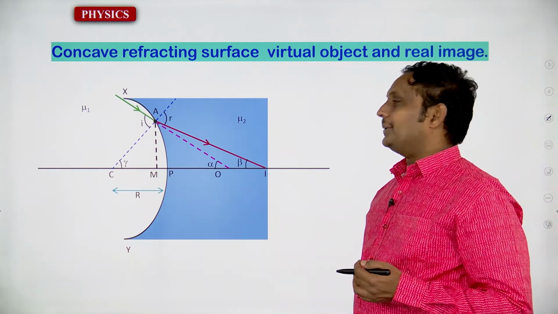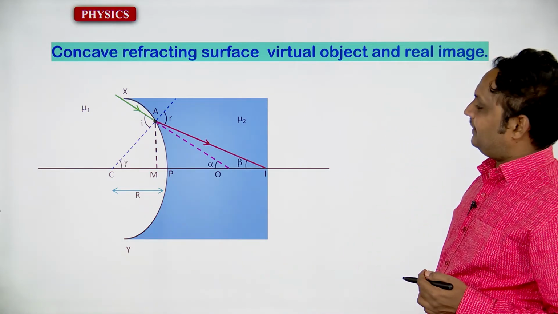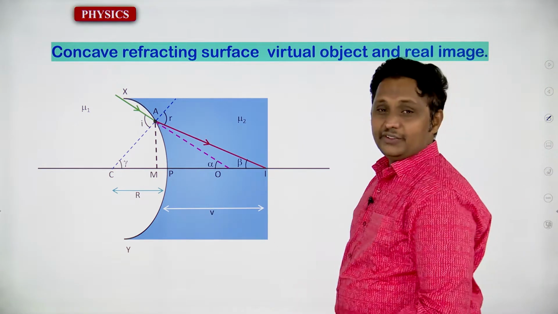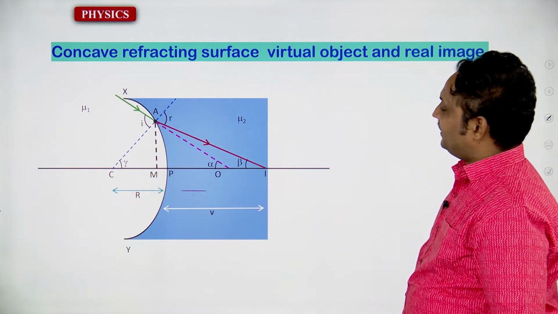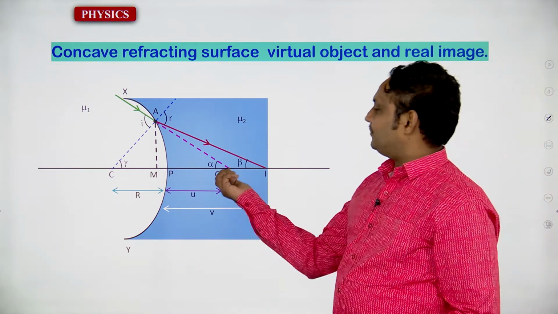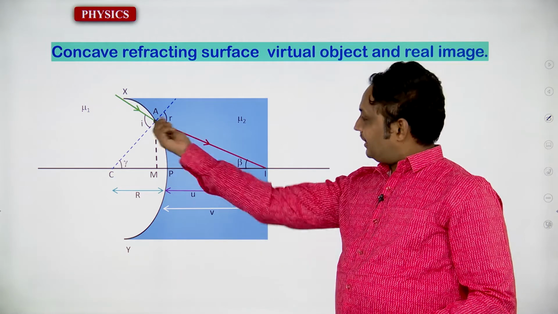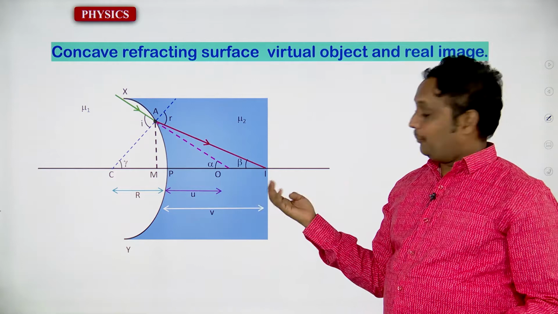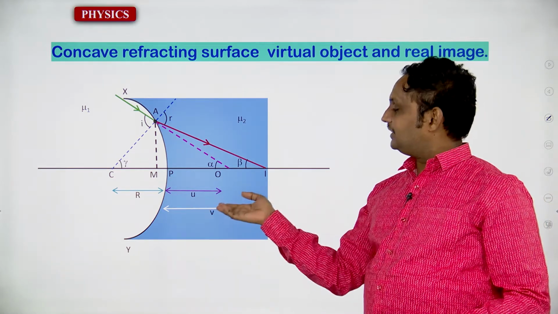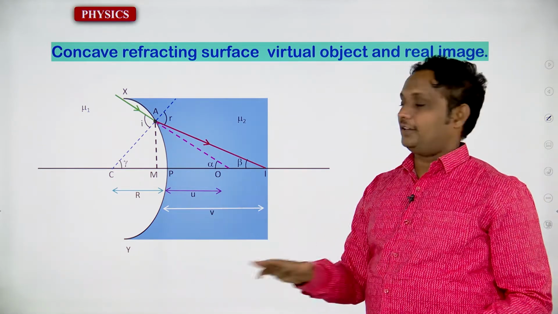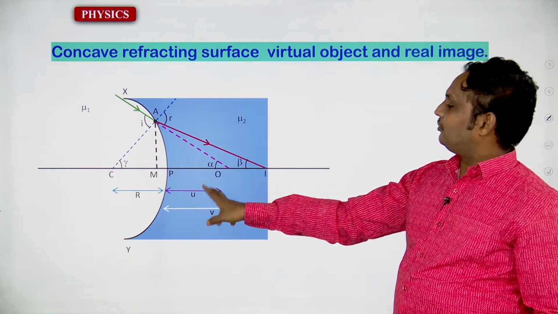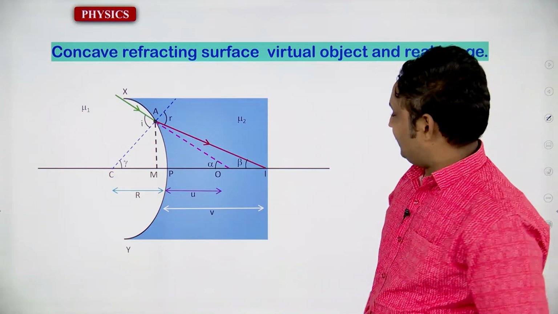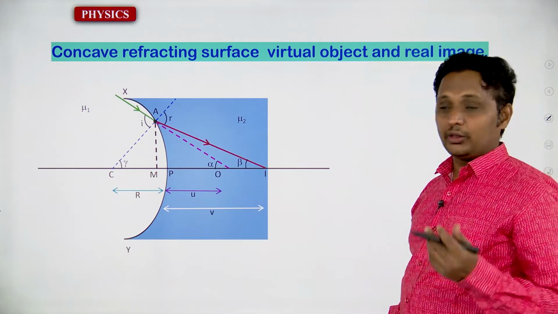Let it be r, the radius of curvature, all right. It's going to be the position of image. Yes, you have to confirm, we are going to have that virtual object. This is the virtual object. I is the real image. The position of the real image is going to be identified with letter v. It's very clear. Now you have to take the object position and radius of curvature. Now you will apply Snell's law. After applying Snell's law, you can solve the problem.